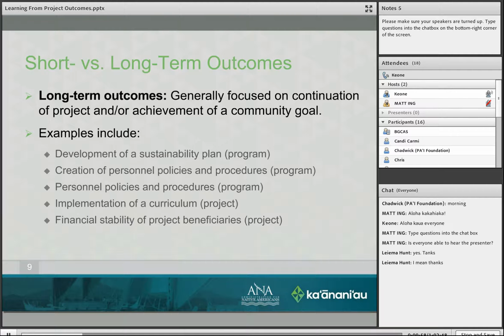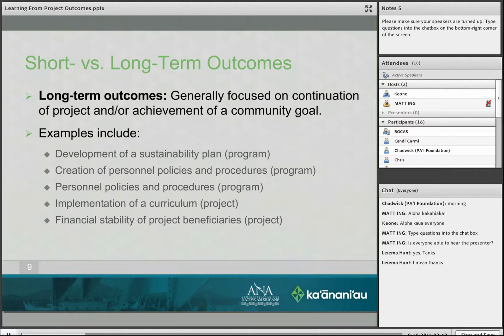Examples include development of a sustainability plan, program creation of personnel policies and procedures, again, programmatic, and implementation of a curriculum that's project specific, and financial stability of project beneficiaries.